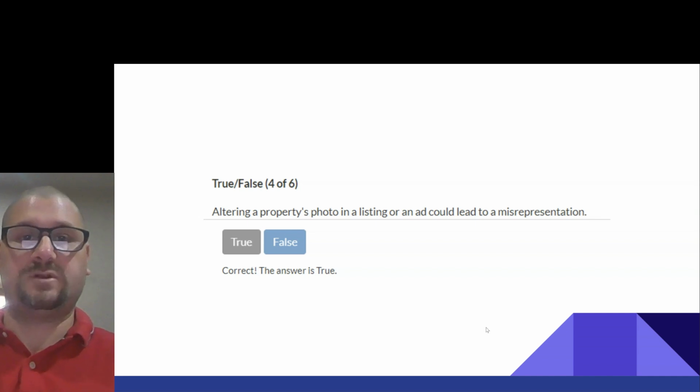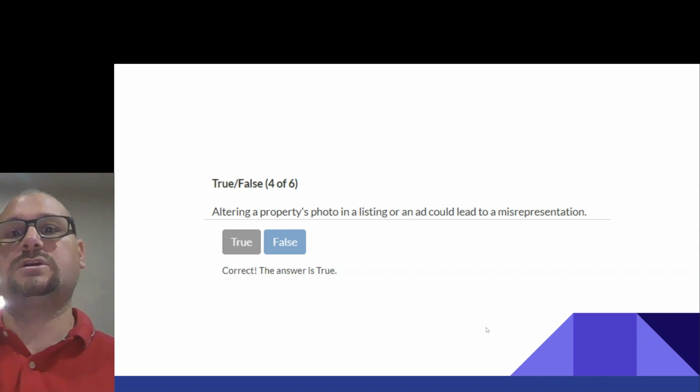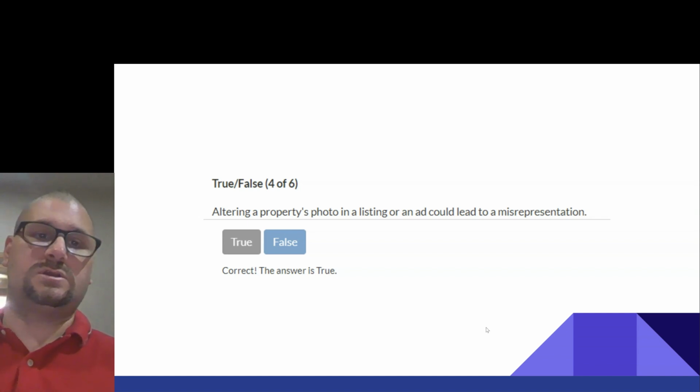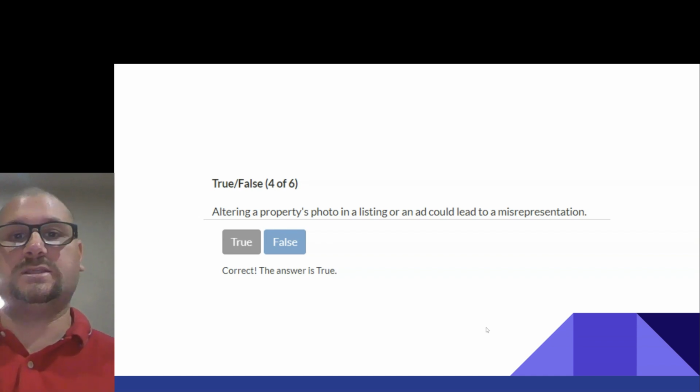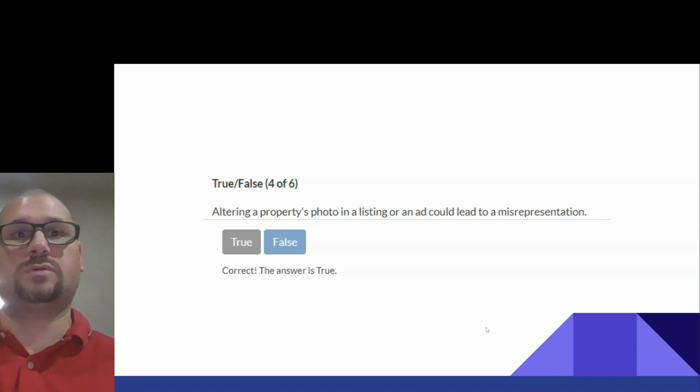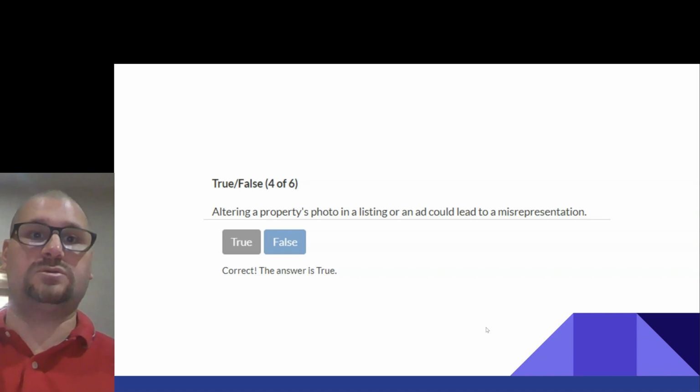Altering the property's photo in a listing or an ad could lead to a misrepresentation. True, right? So never use Photoshop when you're taking pictures of properties. Just take the raw pictures and then post those.